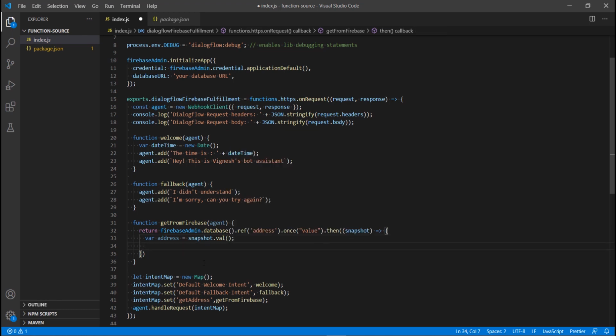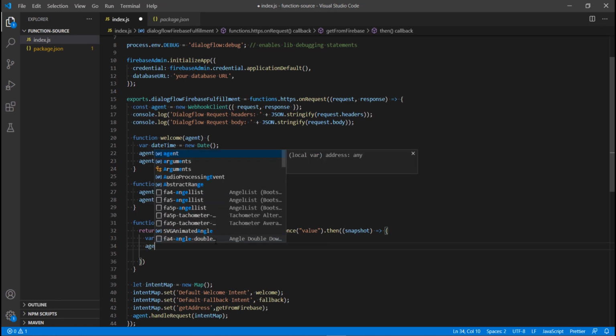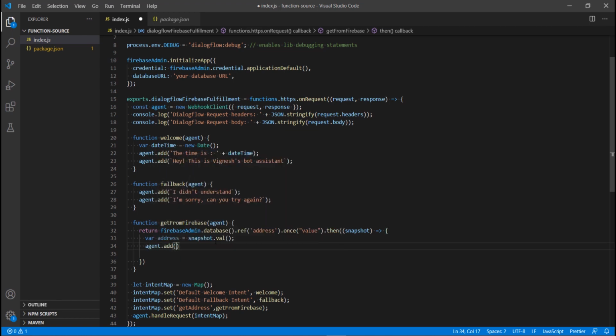In case your value is under an inner child, you can simply call snapshot.child.value. Inside the child you can pass the reference key, but for my case it is not required. I'm simply calling snapshot.val, and once the address is fetched, I'm adding the return responses.